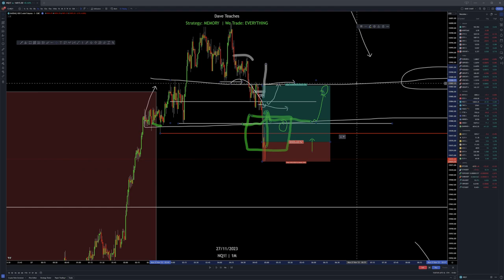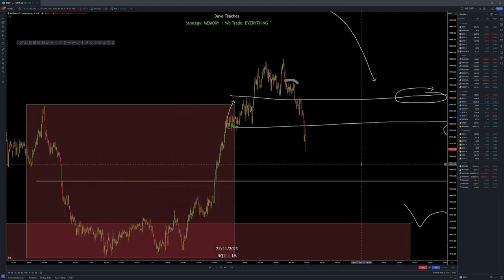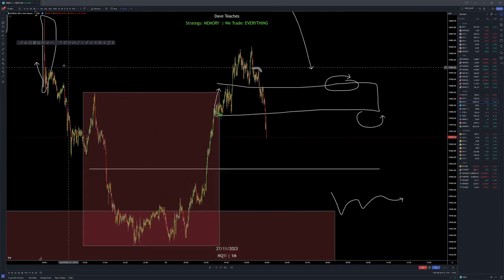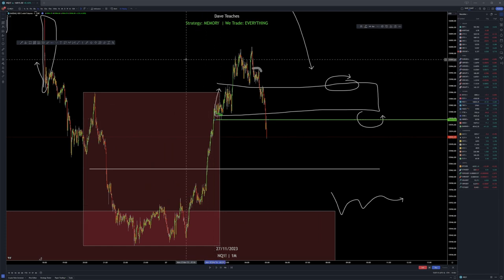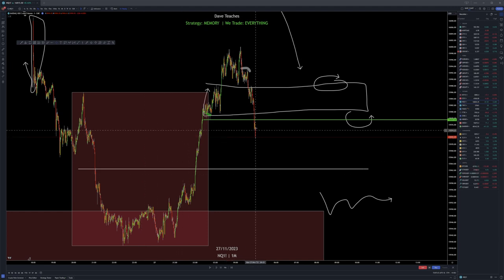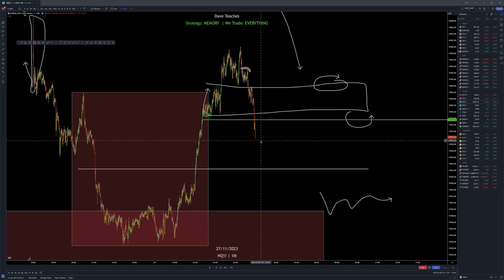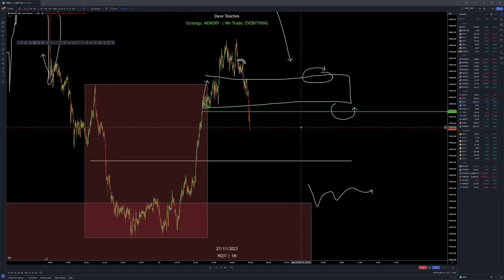So, let's bring this here. This goes back to what we mentioned. So we ran out the low right there, right? That's taken. Now we see price drop a little further. For me,